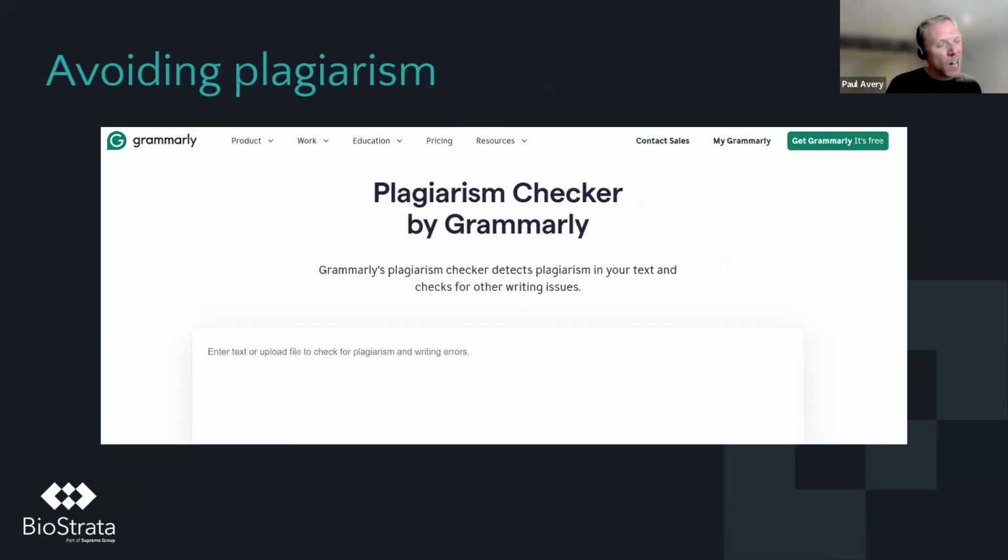Another key issue that's kind of rare and not really very often an issue, but just something to be aware of, is plagiarism. So if you've got any doubt that the content you've produced might have been lifted from somewhere else, it shouldn't have been because of the probability nature of the models, but just in case, you can always run it through a plagiarism checker like Grammarly's. And that should probably cover you in most of the sort of high impact areas that you need to keep an eye on.